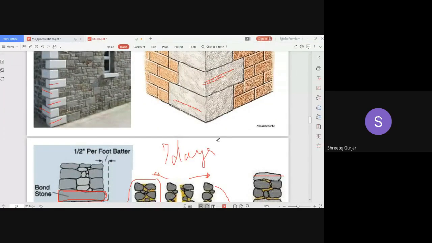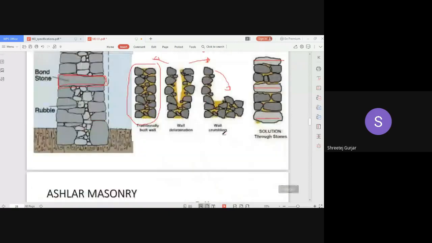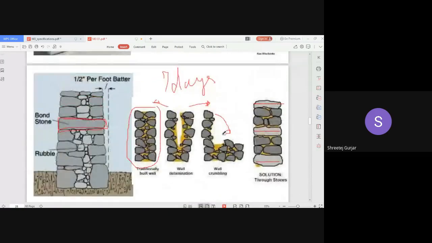And once curing is done, you can write regarding measurement. So how is this measured? Meter square or meter cube? Meter cubes.